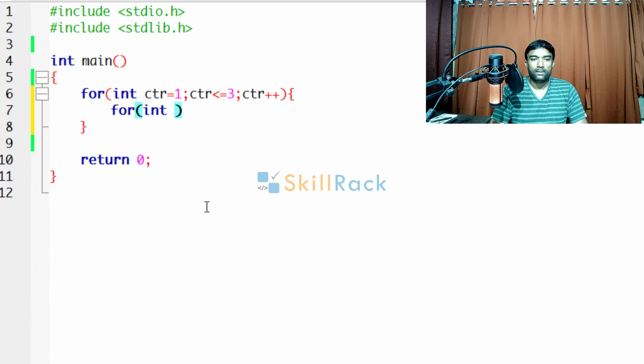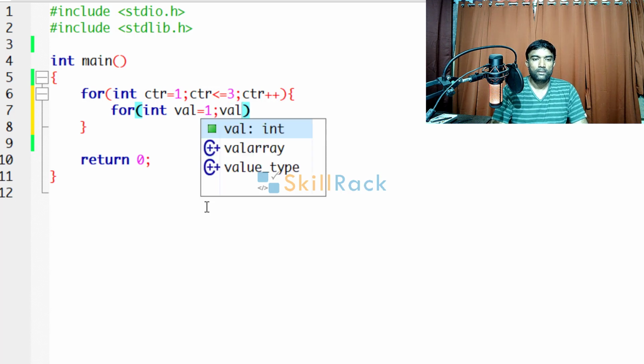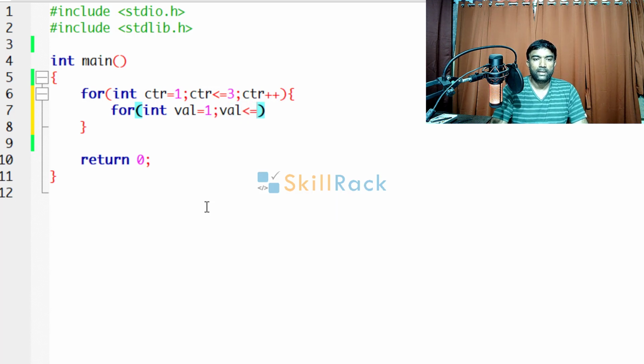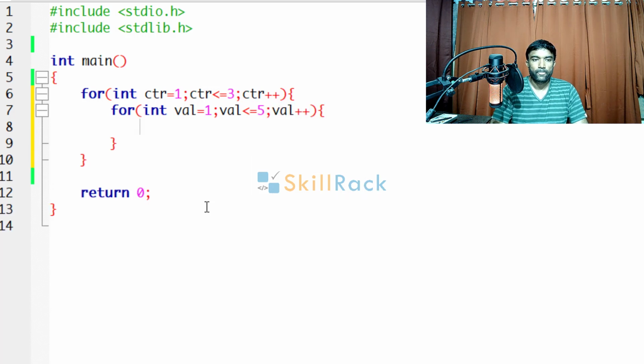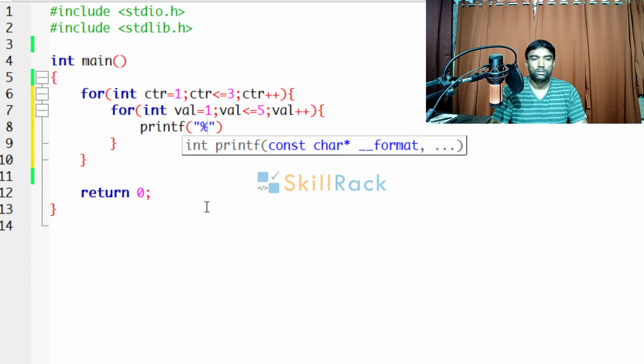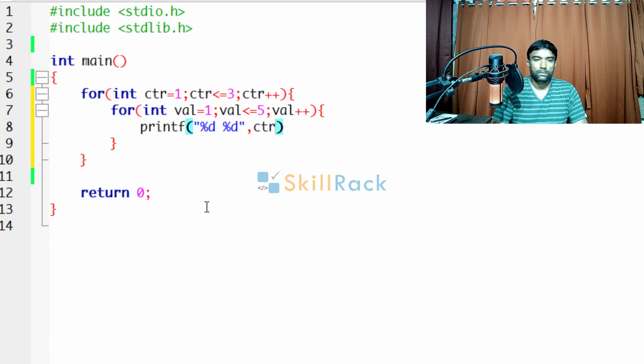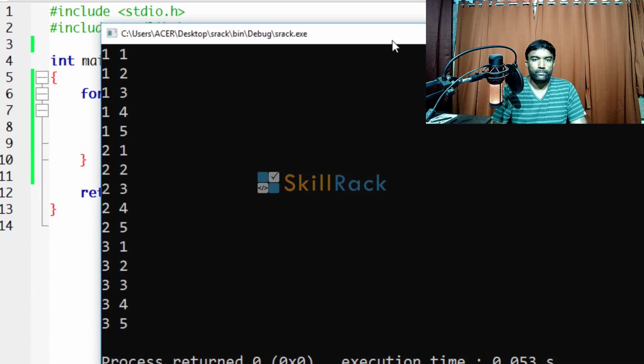So here I am saying for int val equal to 1, val less than or equal to 5, val plus plus. So I am printing the value of both counter and val. I'll print in subsequent lines, so I will give \n. So let us execute the program.